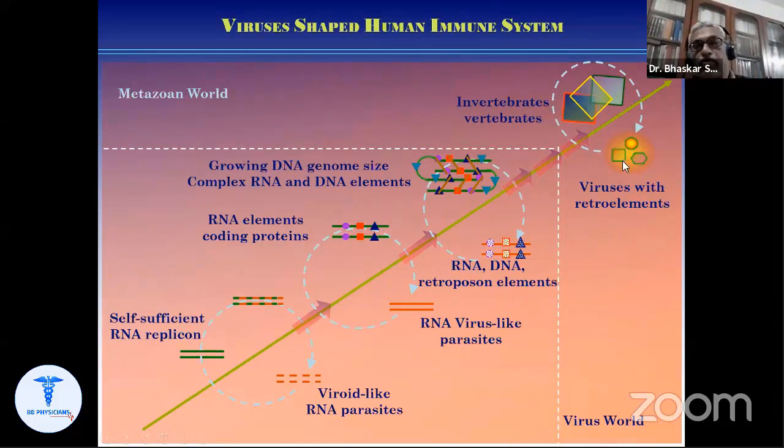And what we see here is that one side is the virus world and the other side is the metazoan multicellular animals world. And I think it is still evolving, and that is why we keep getting different viruses or different pathogens, and viruses in particular because they can evolve very fast, which is not possible for the animals which have sexual reproduction. And therefore, I think COVID is not the last one. We will continue to see many different viruses in future.